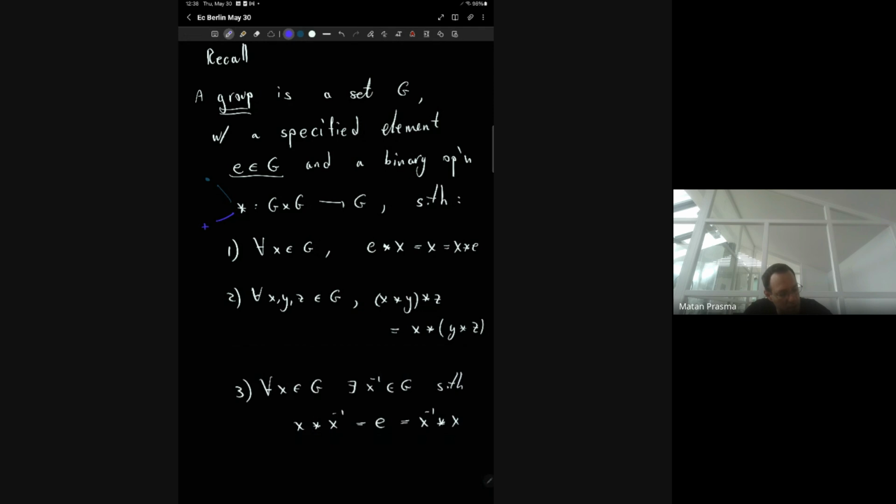Correspondingly, we denote the unit element in the plus case as 0, and the neutral element in the multiplication case as 1. This is the convention, and in fact,